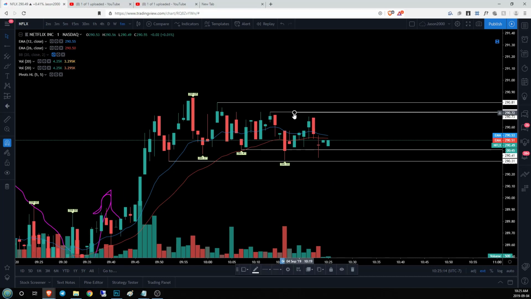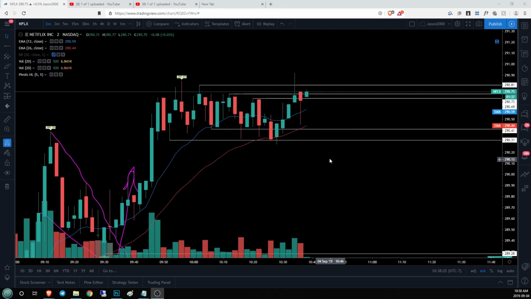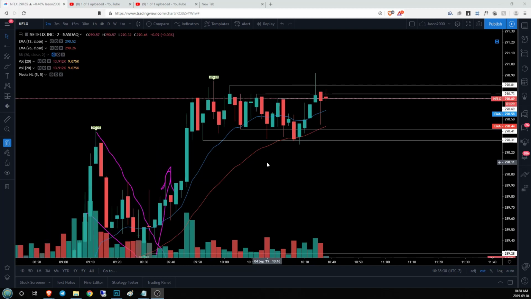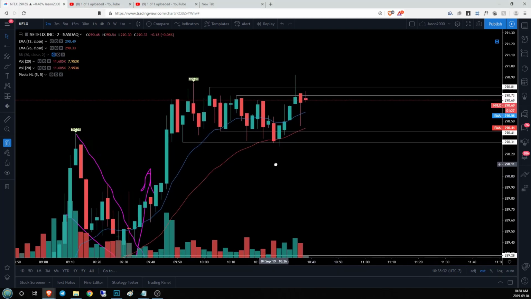All right, another lower high here. We're looking at 290.69 as our current level, and we've got almost another support test down here with a low of 290.34. So we're getting a tighter range. This action doesn't really make a lot of sense, and sometimes that happens in technical analysis. We wait for patterns to tell us what is going on, and it's not a sure thing anytime.